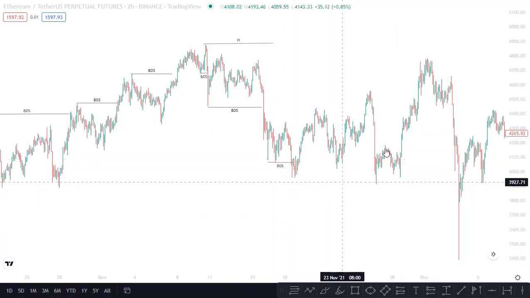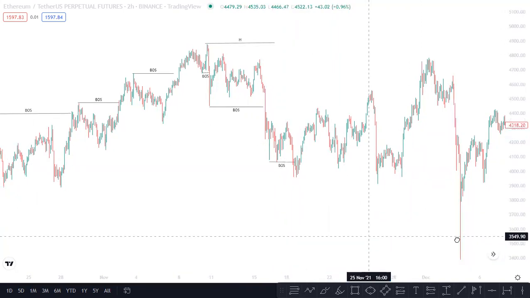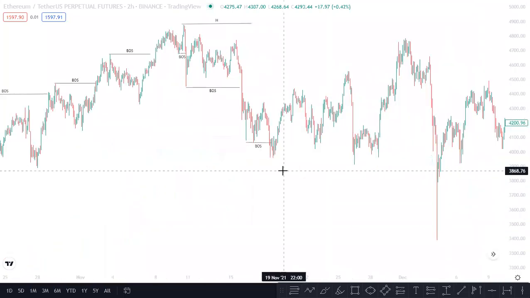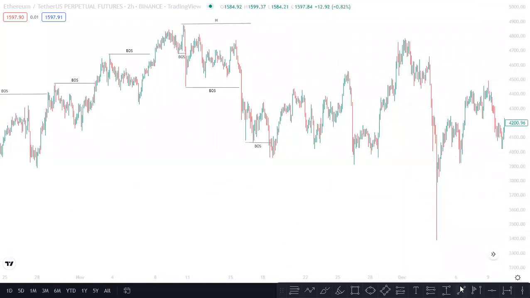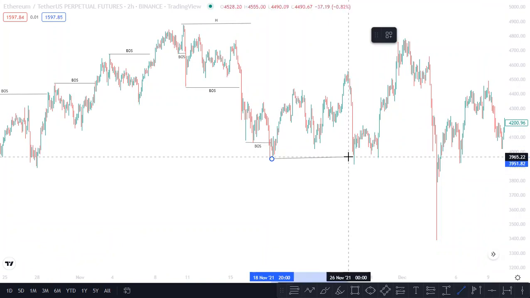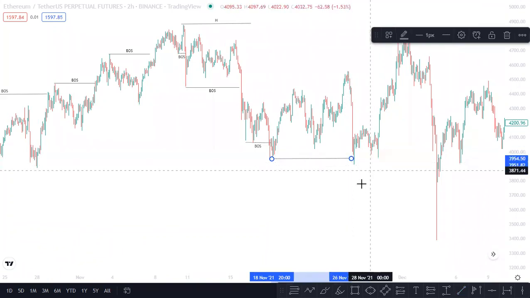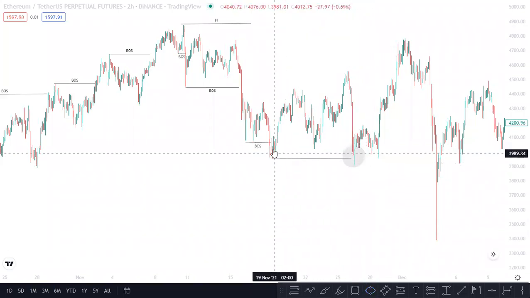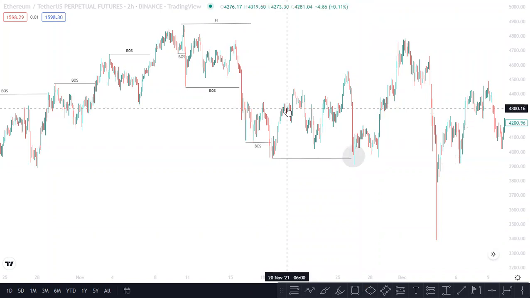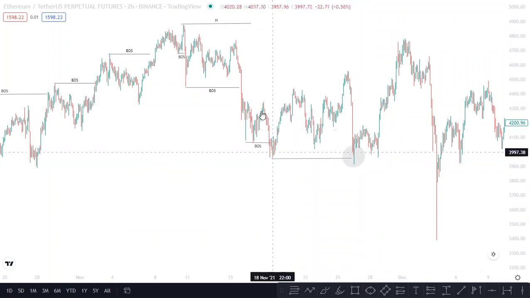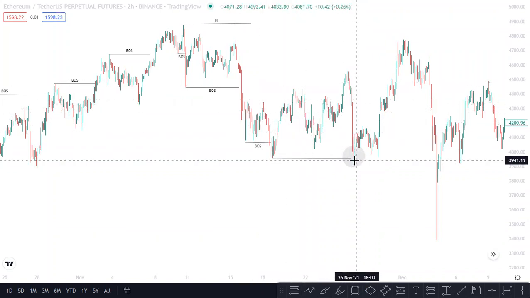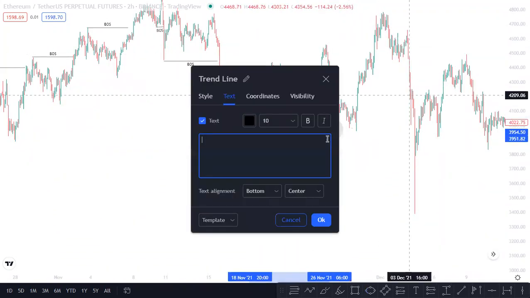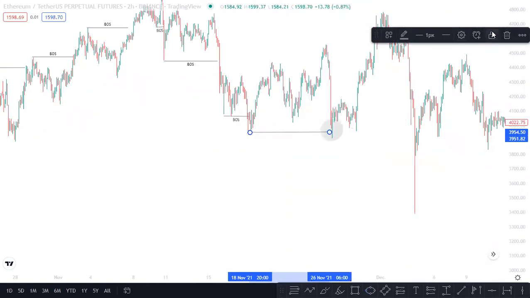Okay, and let's say, I promise to get a premium TradingView. Let's say we were here on the charts. Probably we weren't able to break this low. Okay, we broke this low. We weren't able to break this low that early, right? And what the price did after creating this low, we tried to deviate from this downtrend, right? Before price broke here. And as price broke this low, here is also your valid BOS, right? So here is your BOS also.